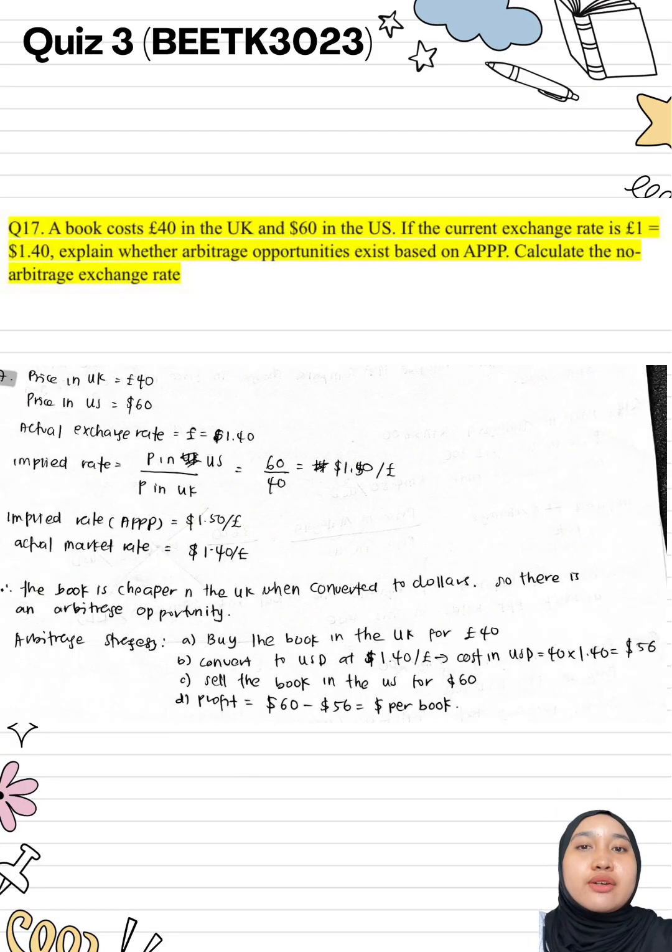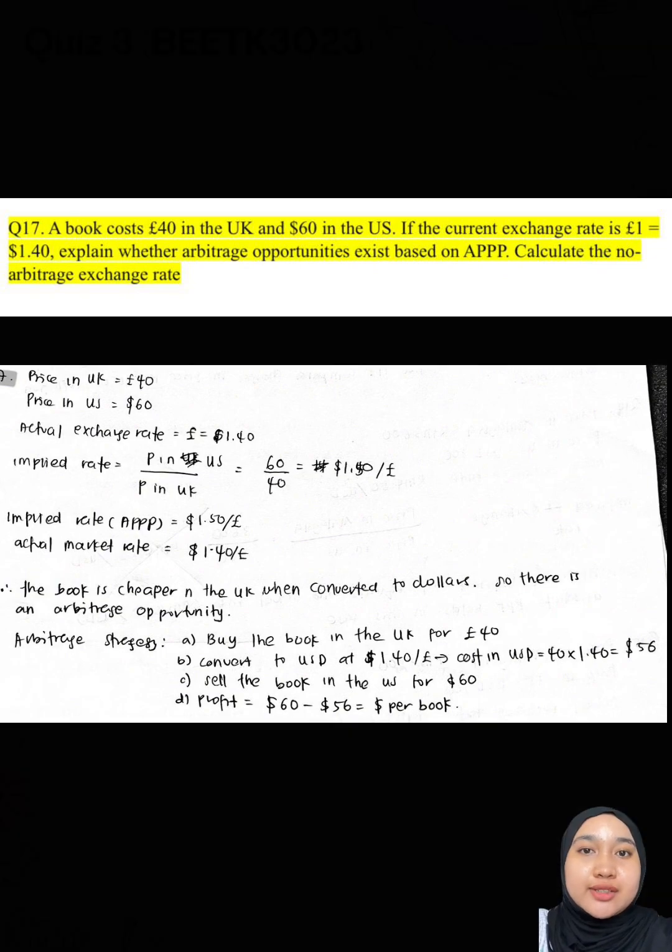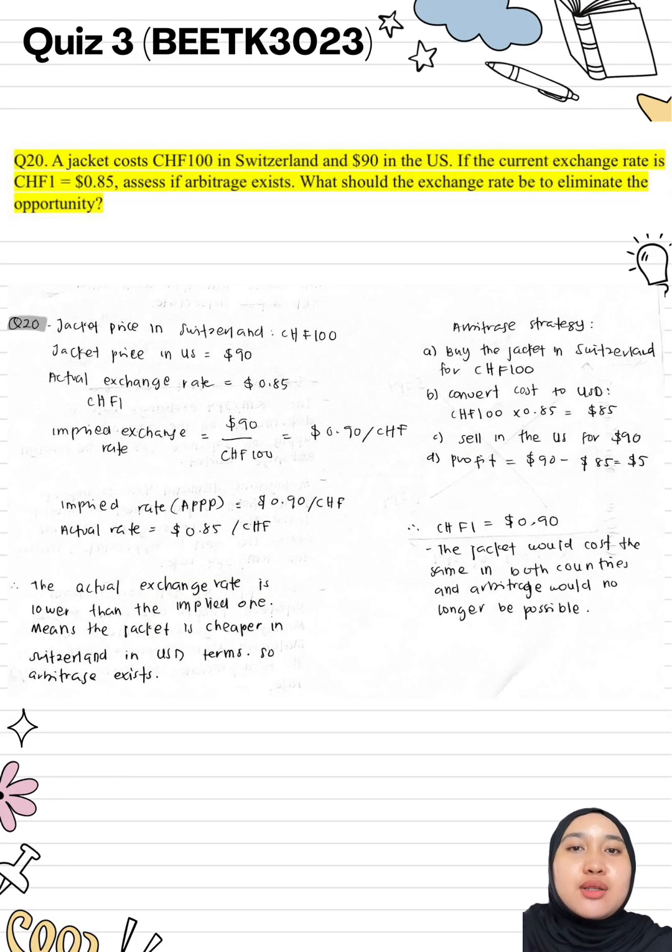In conclusion, there is an arbitrage opportunity because absolute purchasing power parity doesn't hold, and the price difference can be exploited for profit. Now let's look at question 20. Let's check if there is an arbitrage opportunity with a jacket sold in Switzerland and the US. In Switzerland, the jacket costs 100 Swiss francs. In the US, it costs 90 US dollar and the current exchange rate is 1 Swiss franc equal to 0.85